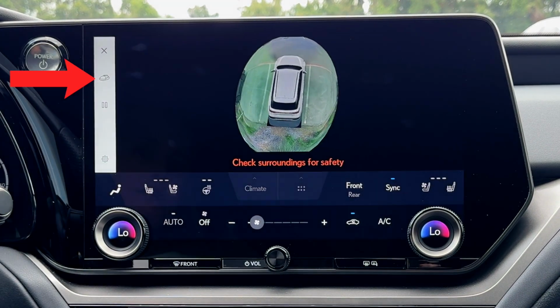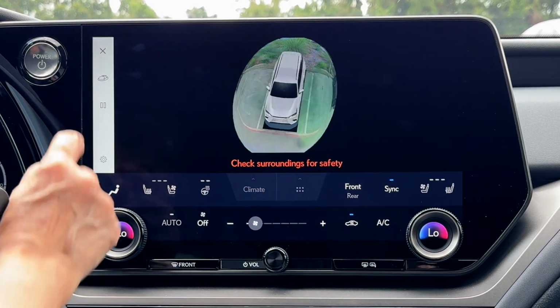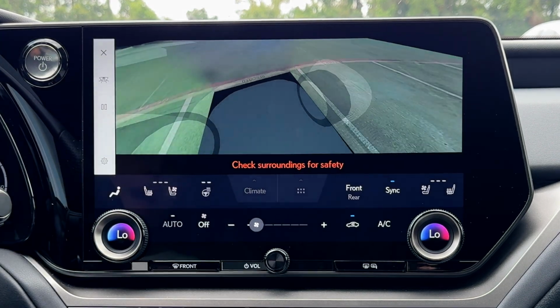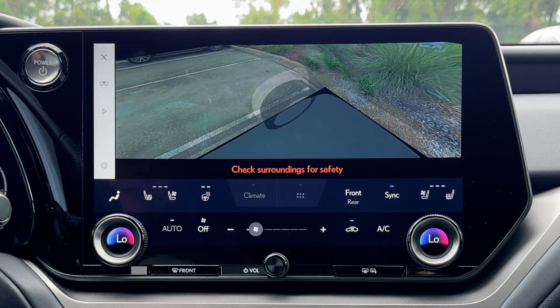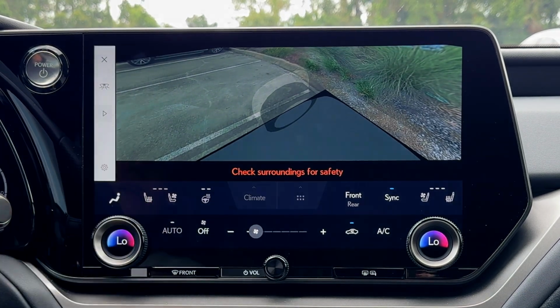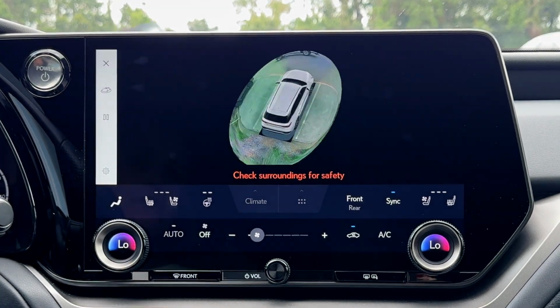If you click here, you can change from that see-through view to the overhead view. Just click again to change back. Just depends on your preference. You can pause if you need to check something, then play to resume, and again, just change whichever view you